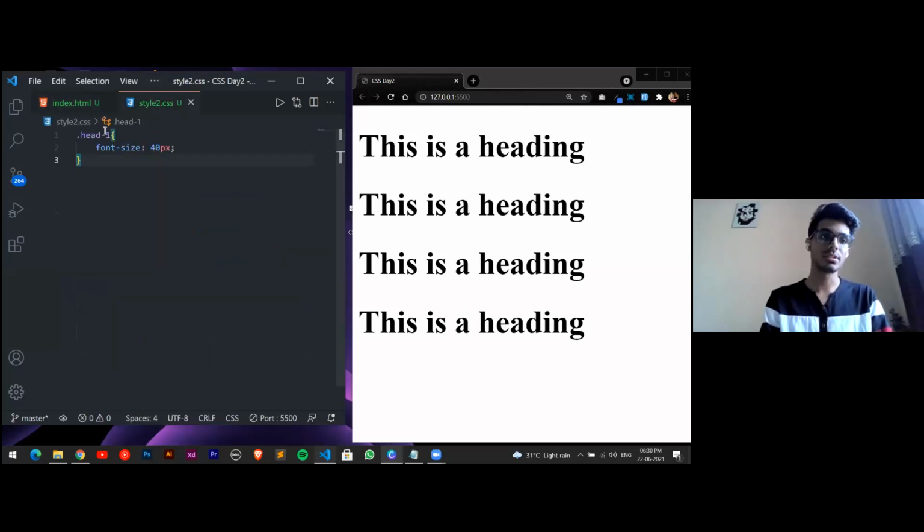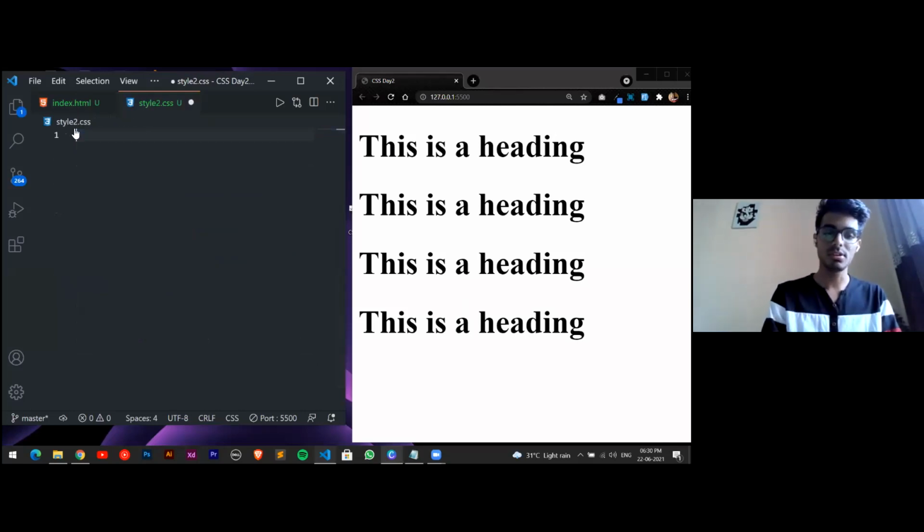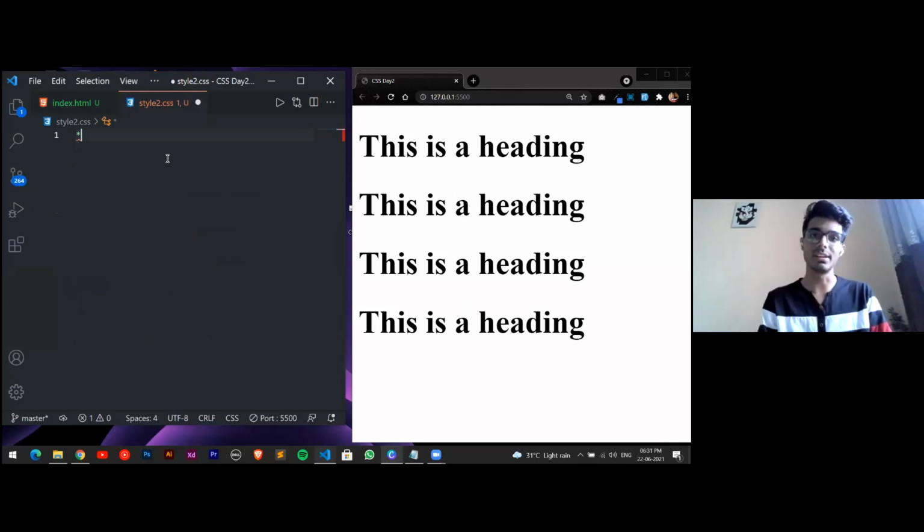What we'll do is remove this and use the asterisk sign. All of the elements get selected, and the styling gets applied to each and every element.